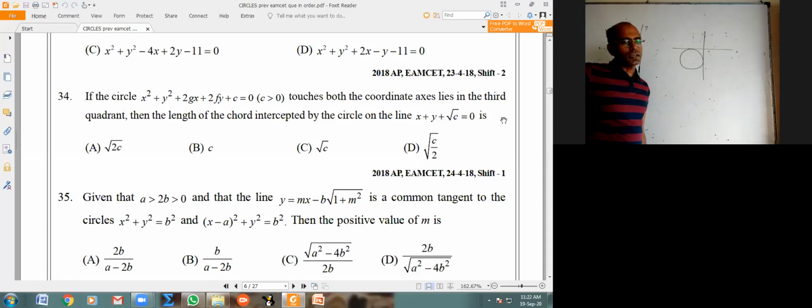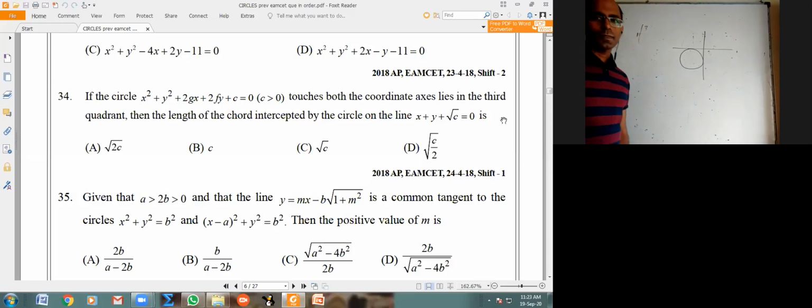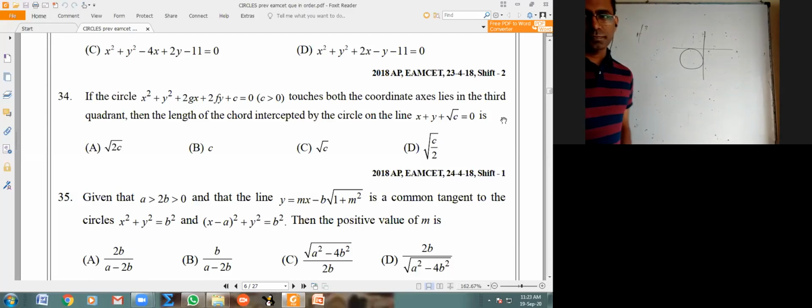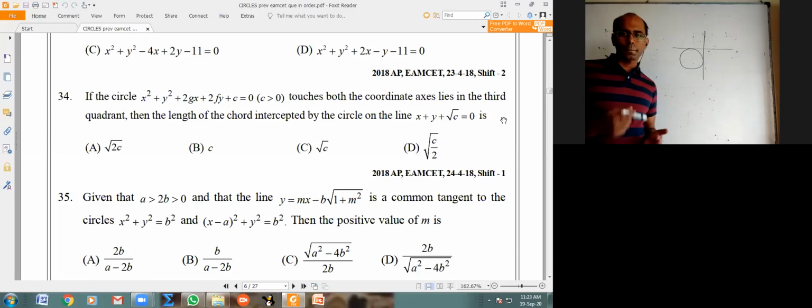Okay, radius will change. Or let me ask the question another way. Different centers, but same circle equation form, same constant, but centers are changing. G value changing, F value changing, but C value is not changing. For all those circles, what is the common feature? Radius is common. No, G is changing, F is changing. How can radius be the same? Okay, G is changing, F is changing in any way you want, but C is, let us say, 7.